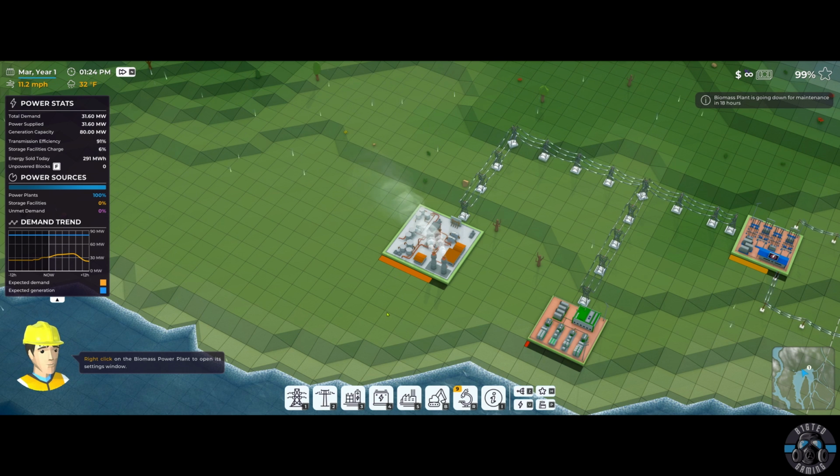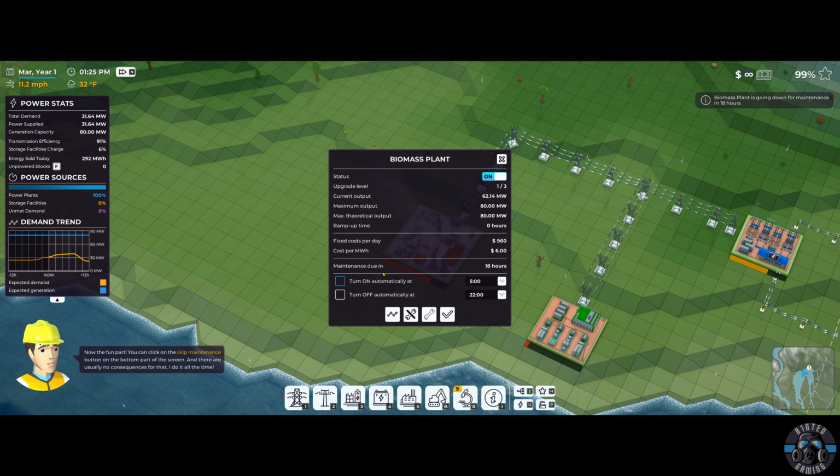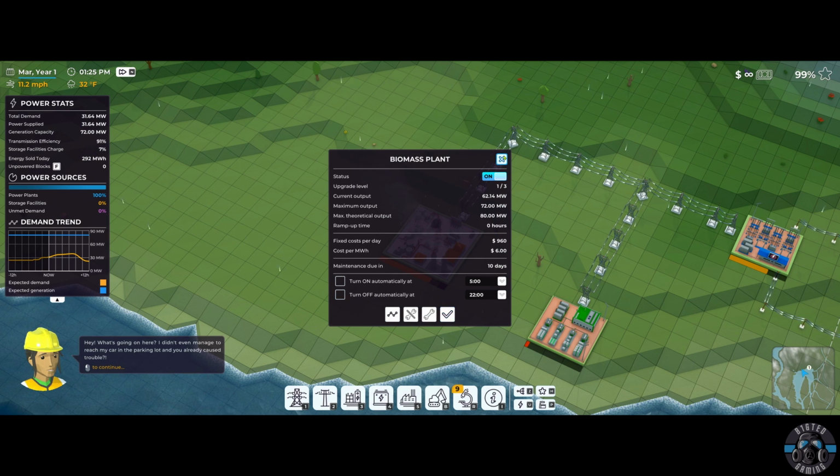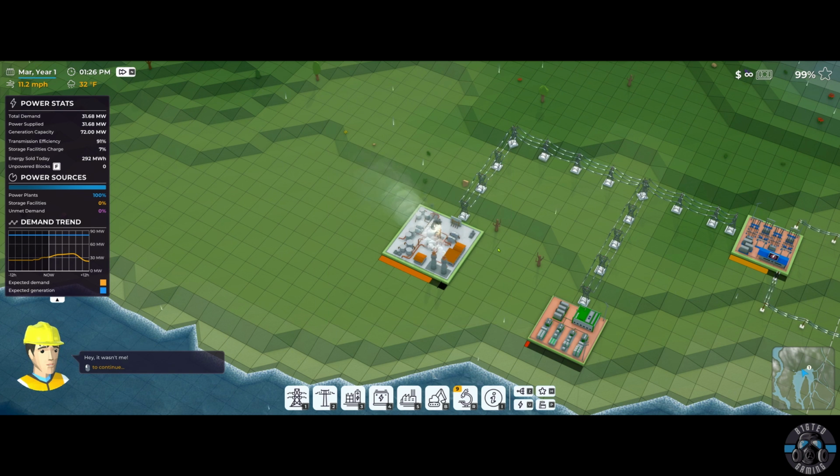This little silly part of this thing, it's wanting me to bypass the maintenance, to tell it to skip it, just to show you what it'll do if you don't do the maintenance. You'll have a side effect. And the side effect is that the power plant